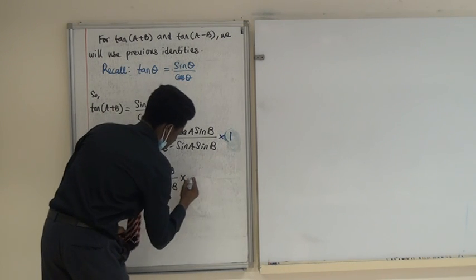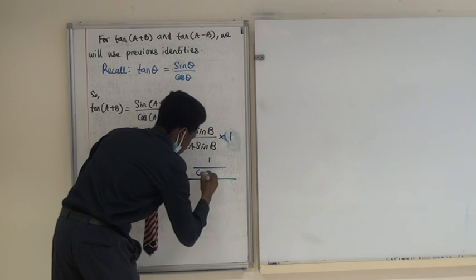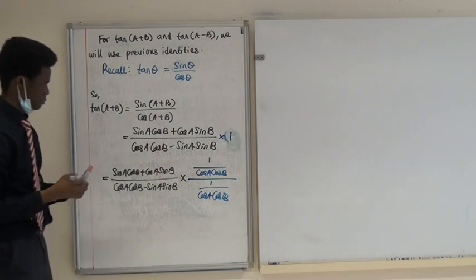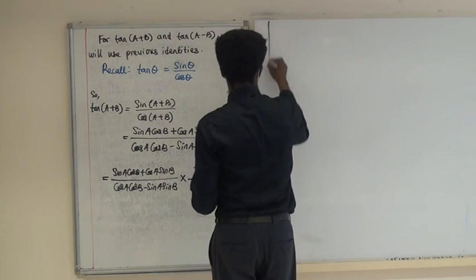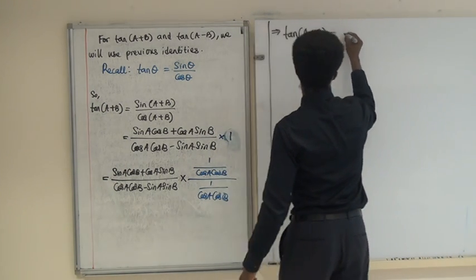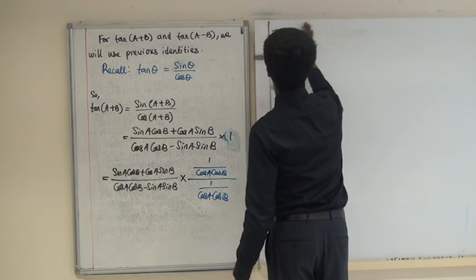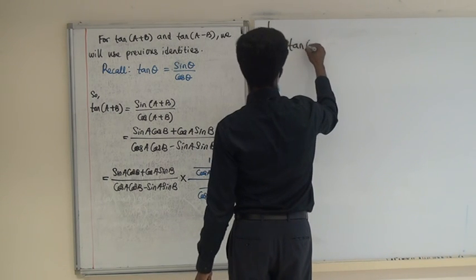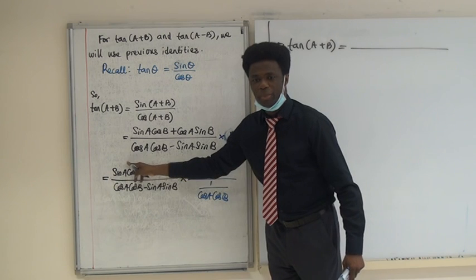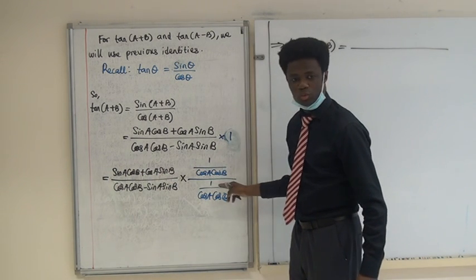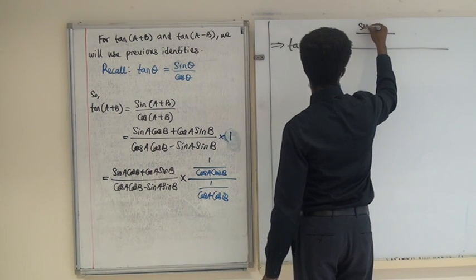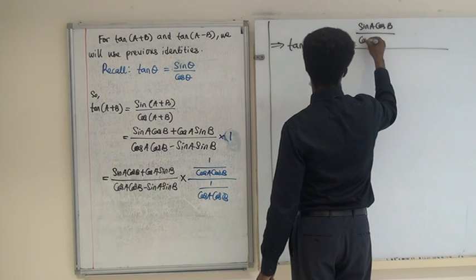So I'm going to say times 1 over cos A cos B, another 1 over cos A cos B. Okay? So I will have, please focus, this implies tan(A+B) is equal to, no, I need space there. Sorry. Tan(A+B) is equal to, now check this out. Remember, this is a binomial term. So if this was 1 over 2, it will be the first one divided by 2, the second one divided by 2. So basically, this is going to be sin A cos B divided by cos A cos B,